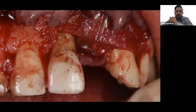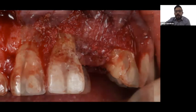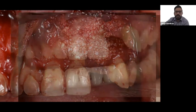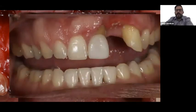Okay, so after the implant is removed, we graft the area, and we make sure we put some bone and membrane, and this is how the patient looks a few weeks after the surgery. And you can see that now, of course, we have a huge problem of recession. This patient is going to continue having some grafts. Ideally,